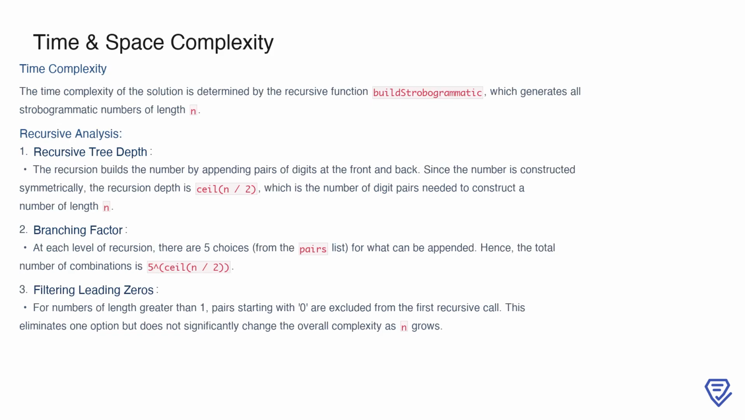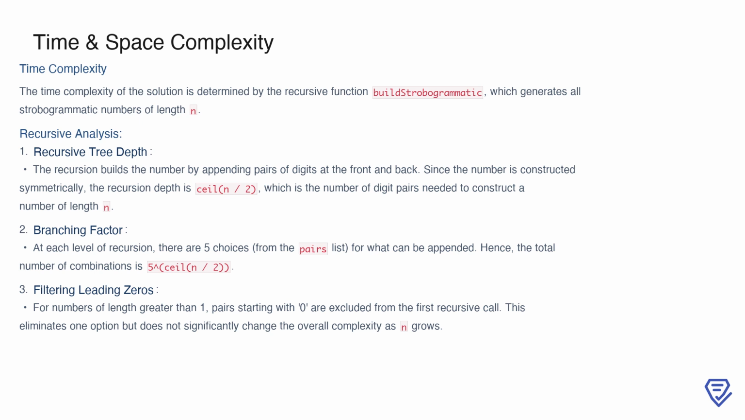The time complexity of our solution is primarily determined by the recursive function, buildStrobogrammatic. This function generates all strobogrammatic numbers of length n by constructing the number pair by pair. The depth of the recursion is proportional to the number of digit pairs, which is ceil(n/2). This is because each recursive step appends one pair of digits symmetrically, and the process stops once half of the number is formed. At each level, we have 5 branching choices from the predefined strobogrammatic pairs, resulting in 5^ceil(n/2)